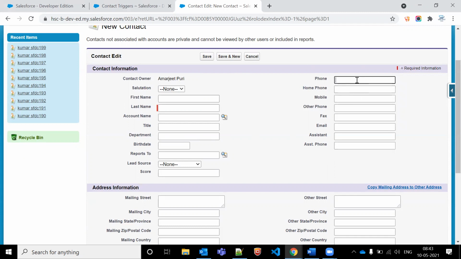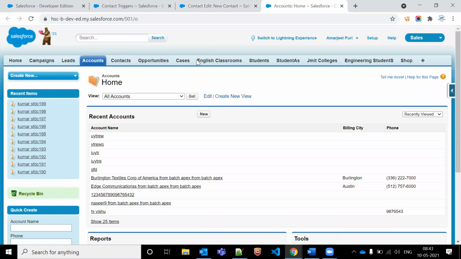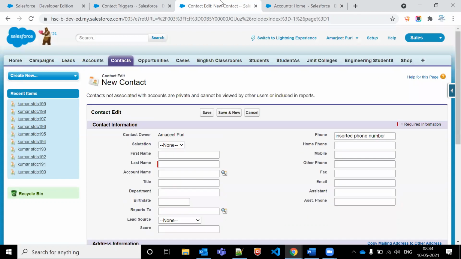Okay, or else we can say once my record is inserted, my record is updated. So inserted, so I can say it's an inserted phone number. Okay, it should be like this. If I'm updating the phone number, then it should be updating. Okay, in case of insertion, it should be insertion. In case of updation, it should be updation. But in case of inserting the contact, parallelly, my account should also be created. Okay, that is my 3 requirement here.